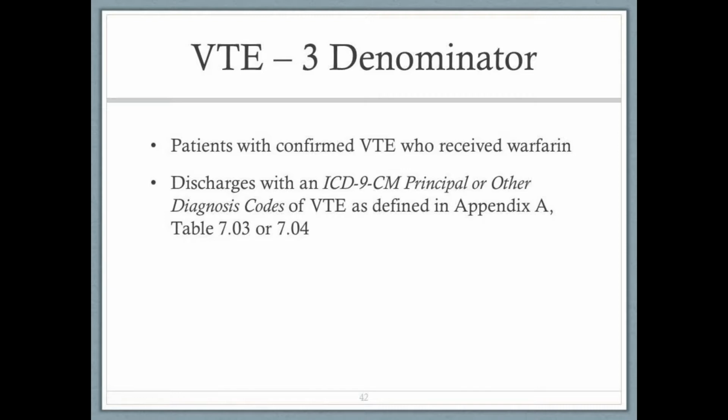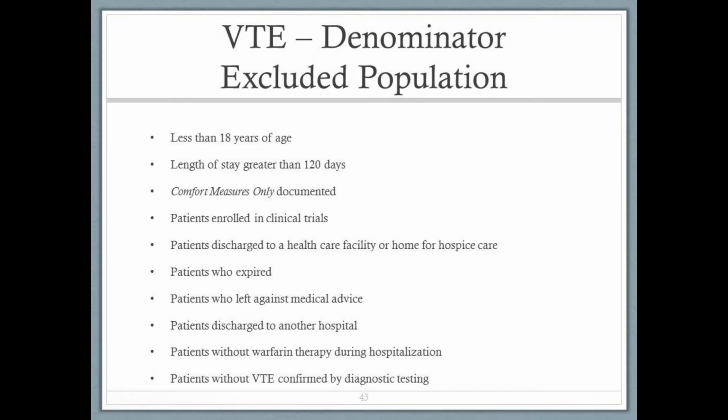Those patients can have a principal or a secondary diagnosis of a DVT/PE. The denominator exclusions are very similar, and comfort measures only need to be documented, as well as those in clinical trials. A couple new ones here: patients discharged for hospice care, patients who have expired, and people who leave AMA are not included. Patients who are discharged from another hospital are not included as well. And again, those who don't have a VTE and don't have Coumadin obviously are not going to be included in the denominator here. And then CMS and the Joint Commission are pretty specific about which tests can be used,